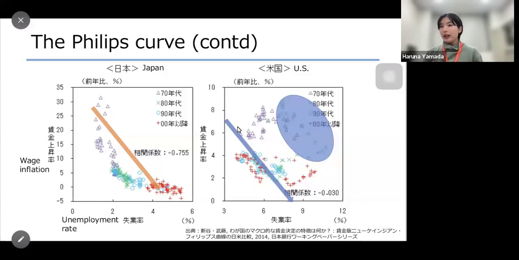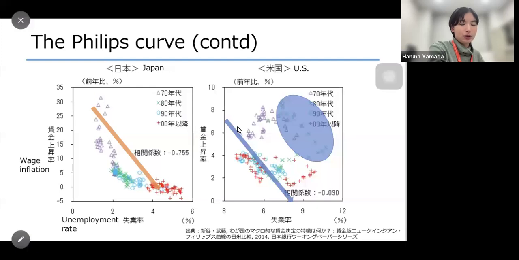Oil shock increases the inflation rate. So the higher inflation and stagflation cause a huge economic recession. Therefore, unemployment rate increases. So both high unemployment rate and high inflation rate occurred